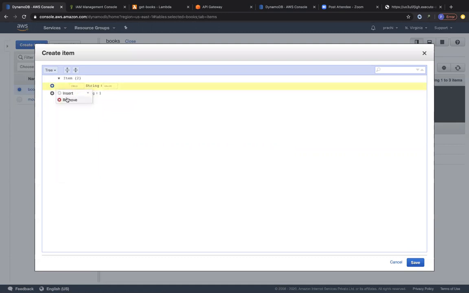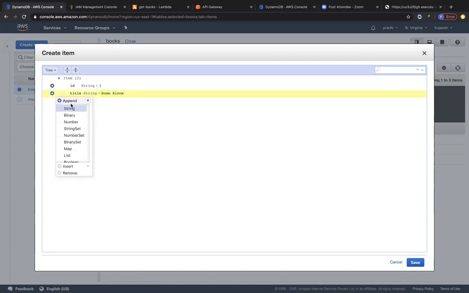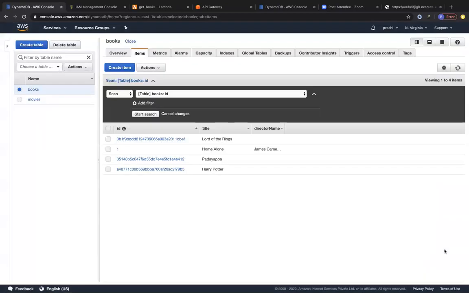So it does it on top. Let me just remove this. Let's do an append of a string. This field is called name, or title. That's what we called it right now. So for title, I'm just going to put another movie name over here. And we are going to append one more field over here. Let me call this... it doesn't matter whether he directed the movie or not, but I'm just showing you that when you keep adding more columns and you click on save, you can see it automatically added that row as well as that column over here.